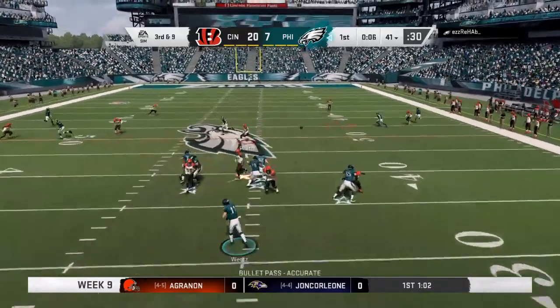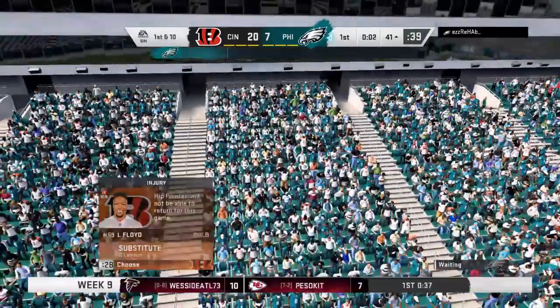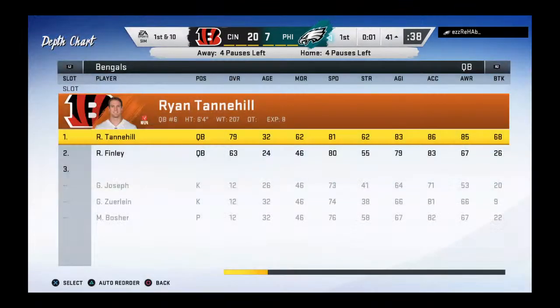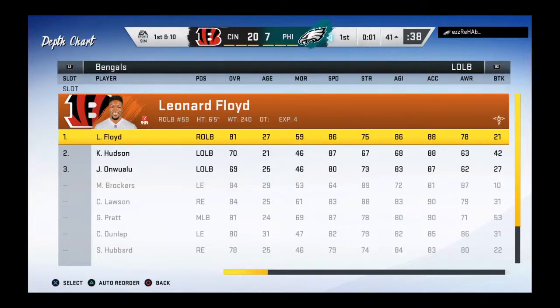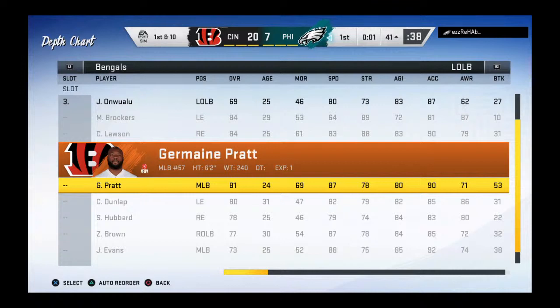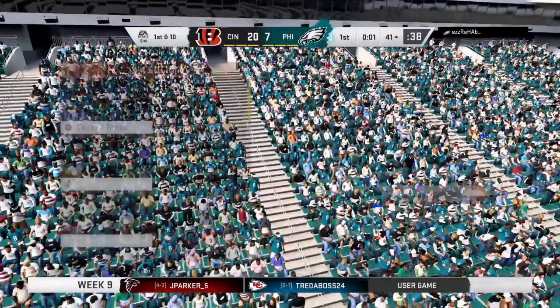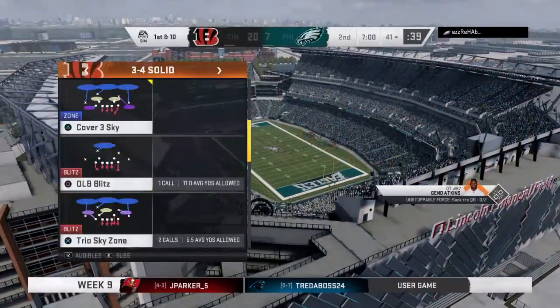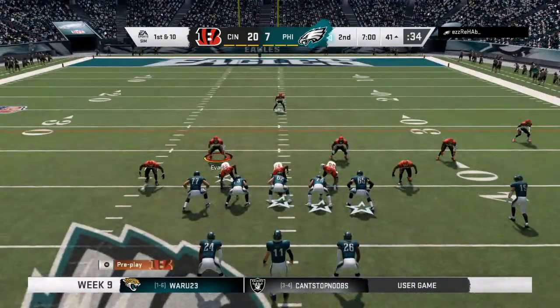Now Wentz on 3rd down. And taking it across midfield and just shy of the 40. And he's got another first down. The tackle's going to be made at the Bengals' 41-yard line. Now second quarter action from Philadelphia, and it's the Eagles in possession as they've got it with a 1st and